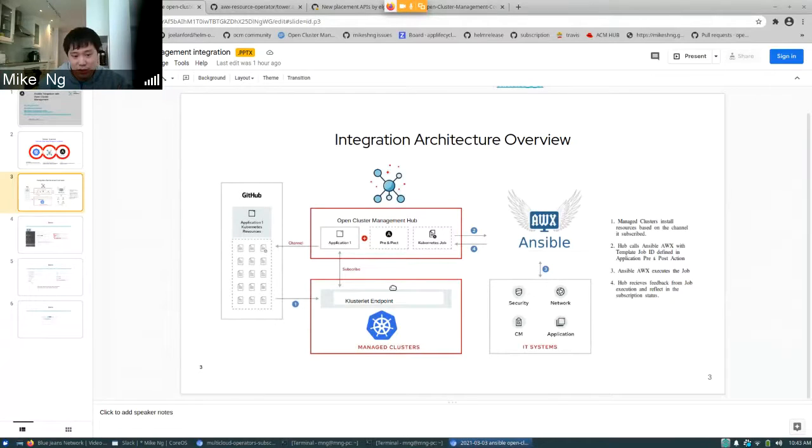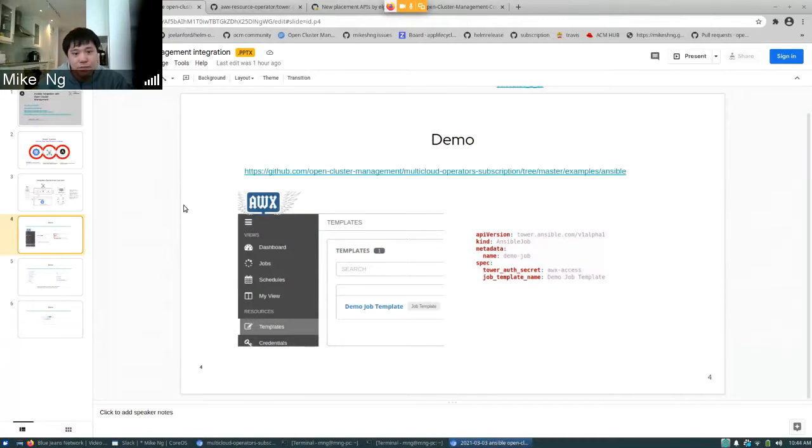And when the Kubernetes is deployed, we can do the post job, which can be maybe open a port on a firewall, some kind of network configuration that Ansible AWX really excels at. So this is the overall architecture we've designed for the application lifecycle, and it's all bound and managed by GitOps as well. So just to do a little demo here, if you want to play with the demo,